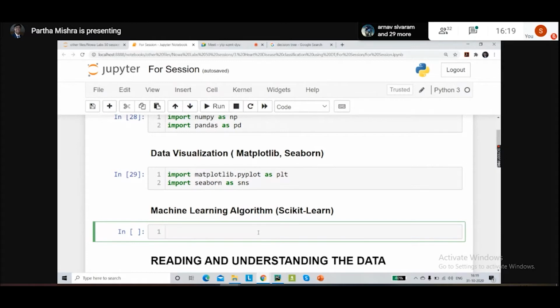So let's say if we have some 10,000 data points, not all 10,000 data points will be used for building our model. What we generally do, or the general practice wherever you see, would be 70 to 80% of the data will be used for building a particular machine learning model, and the remaining 20 or 30% that is left out is going to be used to test the model.